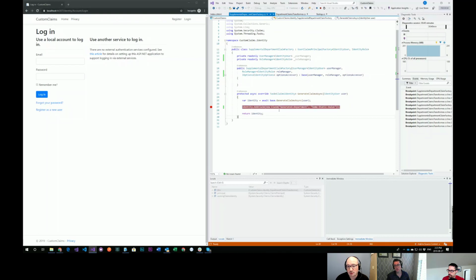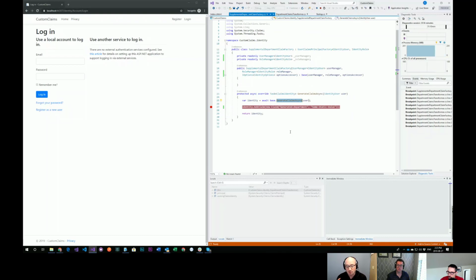Okay, so here's the first way to do it. Now, an important thing to know is that we're going to pass in the user manager and the role manager, because if you're using a version of identity that makes use of roles and makes use of other claims, you're going to want to call the base class method generate claims async first and make sure that we've properly adorned them